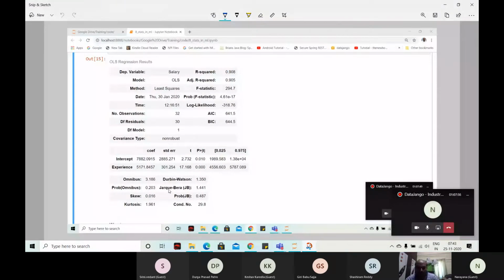So when you look at this p-value, how is it generated? Now this number and this number are generated on